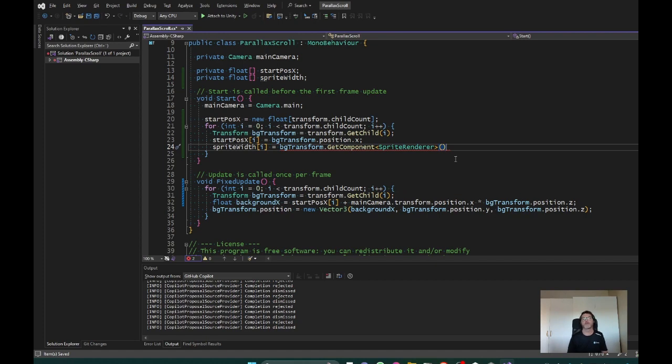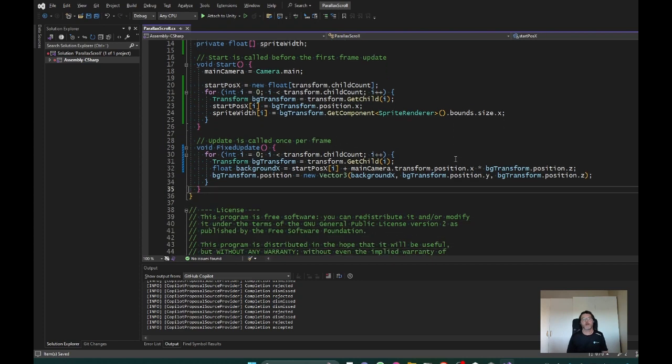And from the sprite renderer, we can ask for bounds, size, and x. And this will be the width of the actual sprite. Great. So what do we do now? Well,